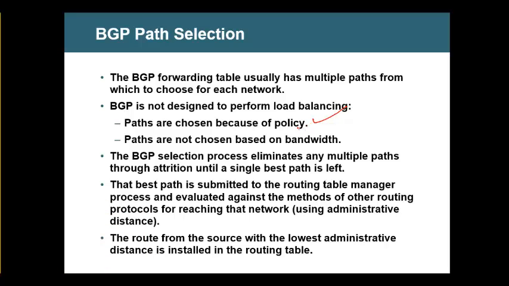Alright, so three things here we have seen. One, BGP will have multiple paths in the BGP table. Two, even though you have multiple paths, all the paths are too close, similar. Even then, BGP will pick only one best path, and it will have a reason to say why I pick this path.